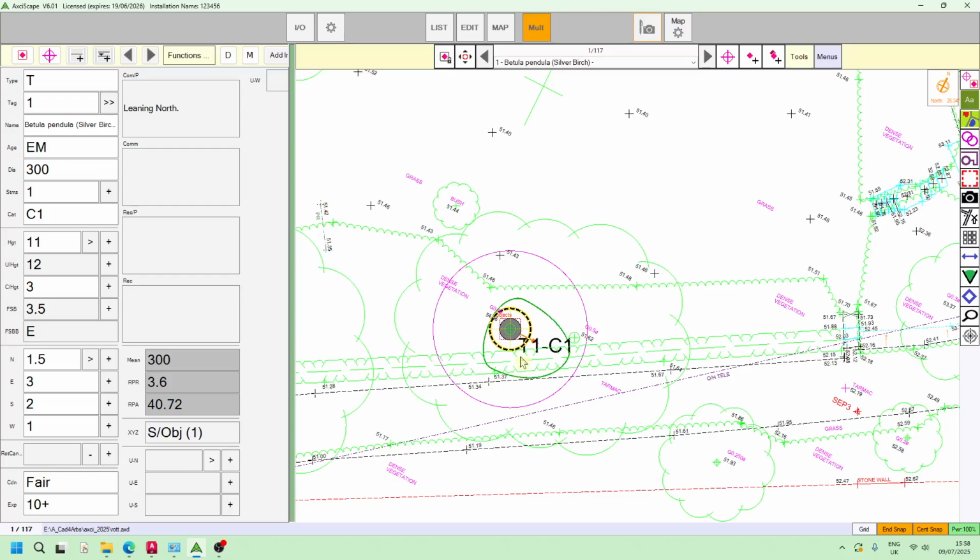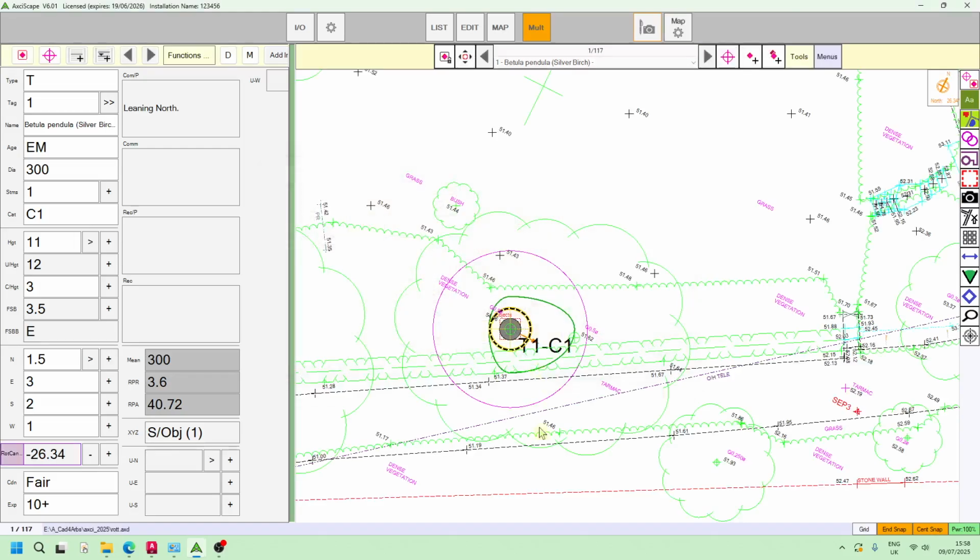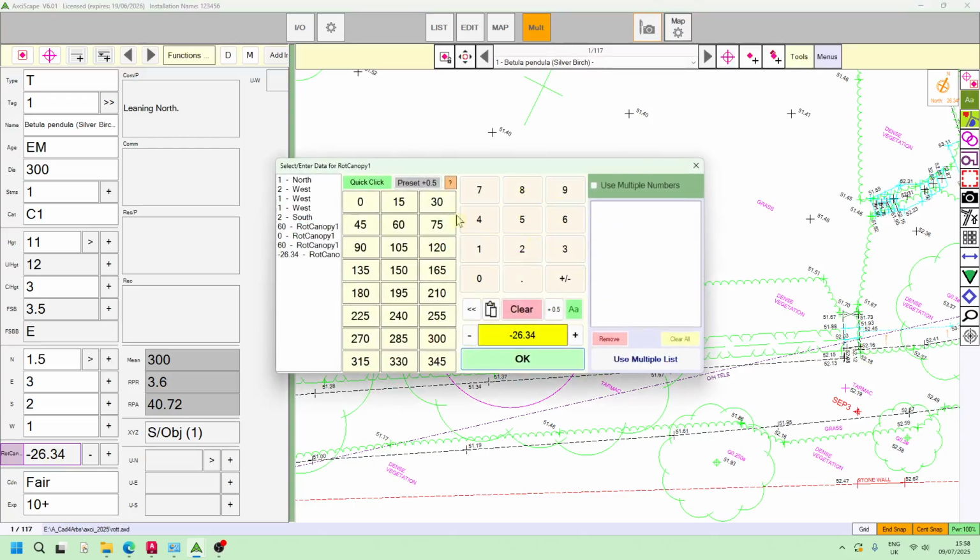So whatever I do with this, as long as this is selected, whatever value I put in here, it'll rotate it plus or minus. If I actually put in 26.34, which is what it's been rotated, 26.34, and make it minus, it will take it back to where it used to be. That's just me being silly. Okay, so